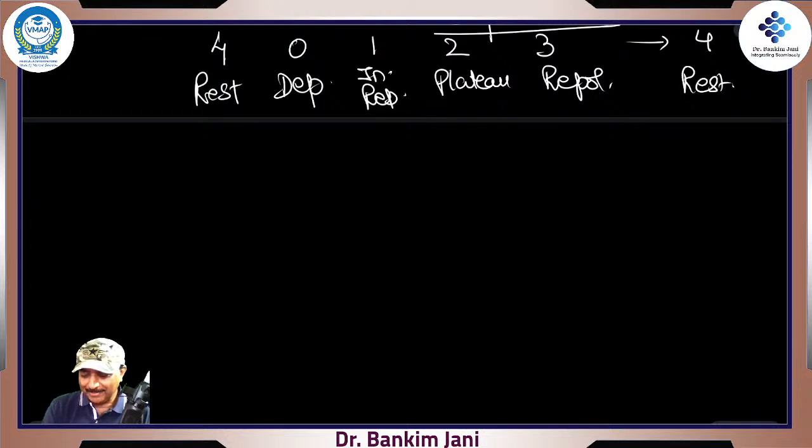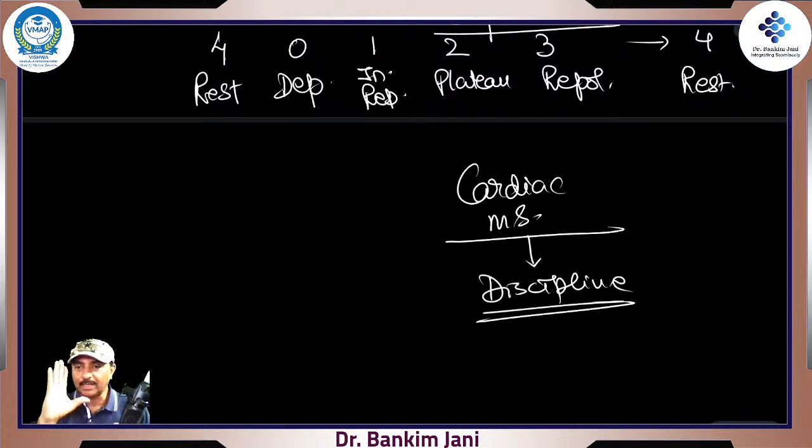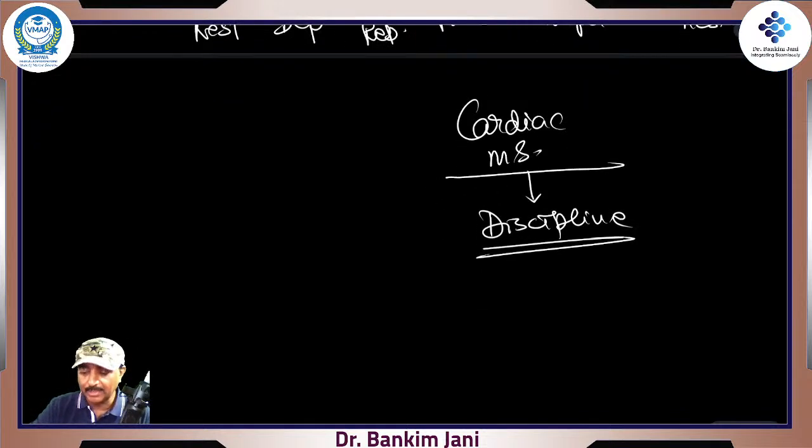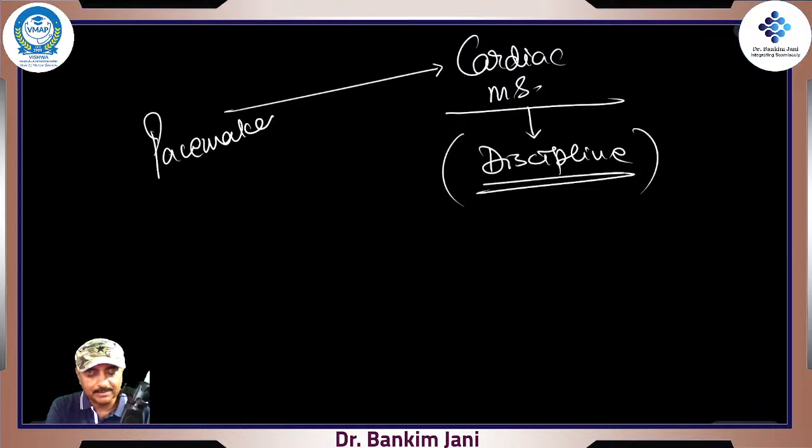Another interesting thing about cardiac muscles is the discipline. They say we shall all work together, because the heart is not contracting one muscle at a time; the heart as a whole contracts. That means there is one more mechanism behind it. When the entire cardiac muscle contracts in synchronization, it is the pacemaker who will be firing these signals, right?